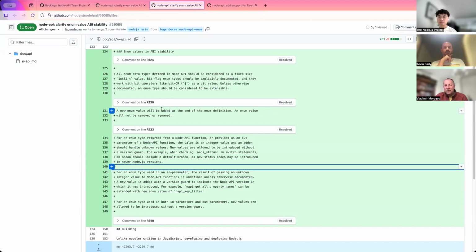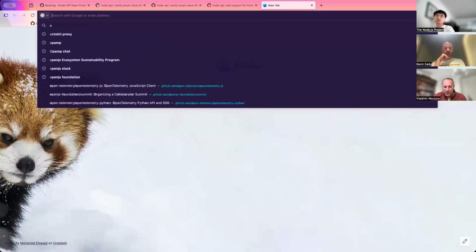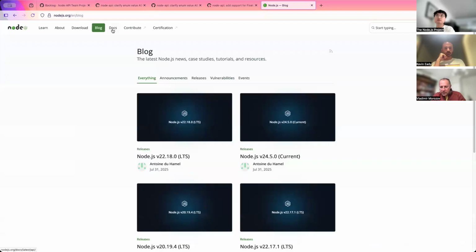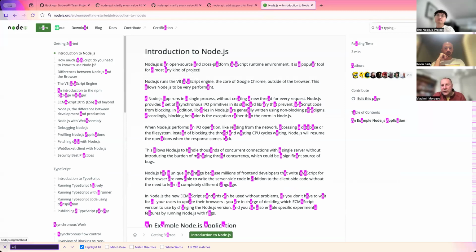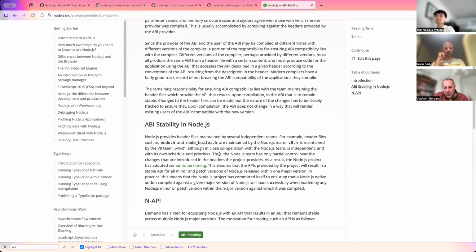I have a question. Today, by accident, I found that we have another page in the Node.js documentation which talks about API stability. Would you mind sharing a link? I just sent it in the chat. This one, right? Yes. So technically it feels like you're adding stuff right now inside of this NAPI documentation,